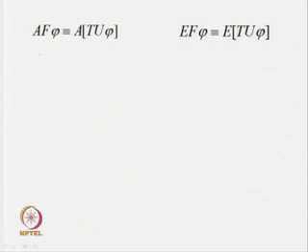One, we say that A F phi is equivalent to A T until phi, and E F phi will be equivalent to E T until phi. Here the symbol T that I have used is basically the top, it says the value true. Now, when we defined the semantics of the CTL formula, we saw that all states will be marked by the truth symbol true, and none of the states will be labeled by the truth symbol false. So, what does it mean? That means true is true everywhere. This is the notion that we have while defining our semantics.